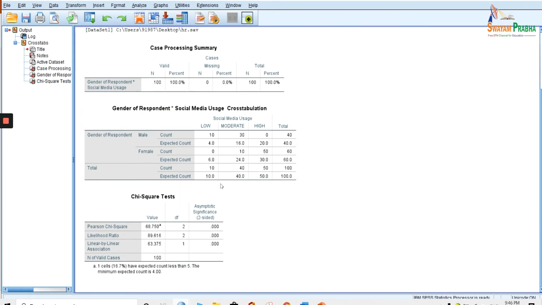But my ultimate aim is to see whether male and female are associated with this usage level. Now for this purpose, remember one thing, whenever we have to take the decision with respect to a hypothesis, we should always look for the p-value. In SPSS, it is always called the significant value. You can see here the significant value, and we should not talk about this first value. The first value is about our Pearson chi-square value. This is your test value, this is your degree of freedom, and this is the p-value.